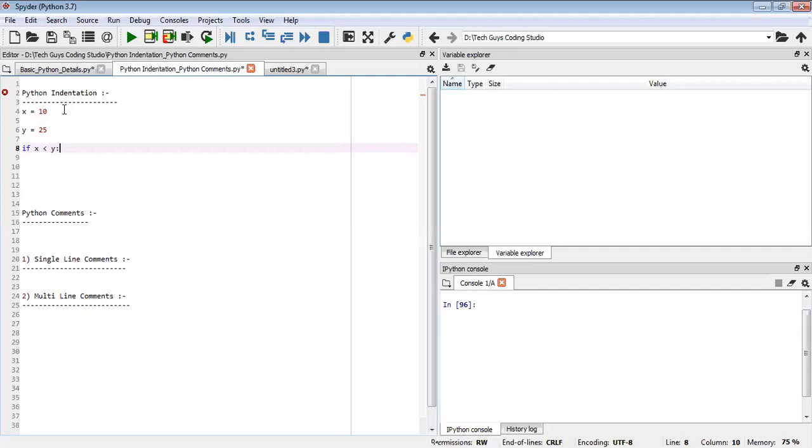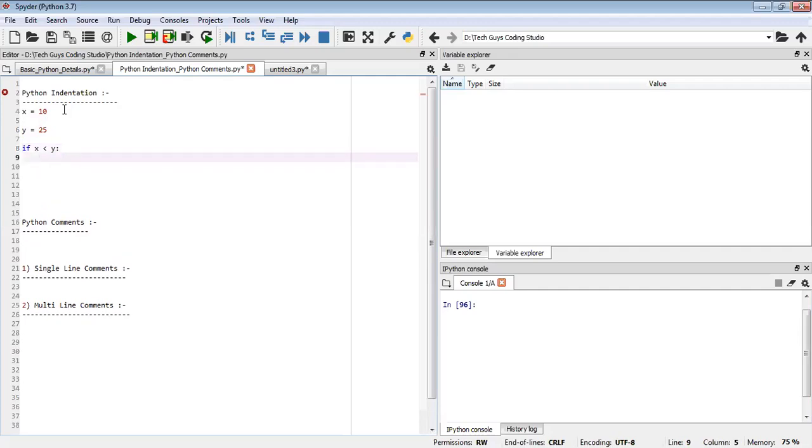As soon as I press enter, you can see my cursor is here, below the x. Now I'll write a statement, print. If the condition is true, I will print: Yes, x is lesser than y.